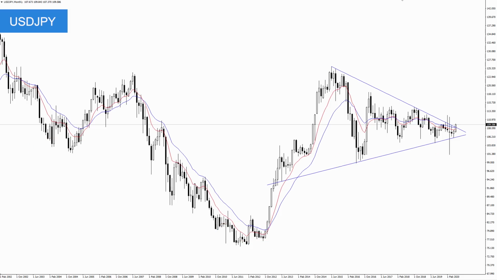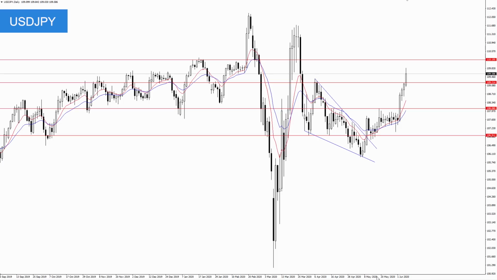So I still have my dollar yen long in play from around 106.90, and I'm interested in adding, but not until we get a monthly close above that trend line. So for the rest of you, for the week ahead, 109.20 is support, 110.20 is resistance. Again, if we see a close below 109.20, that means we're likely going to come back and retest 108.